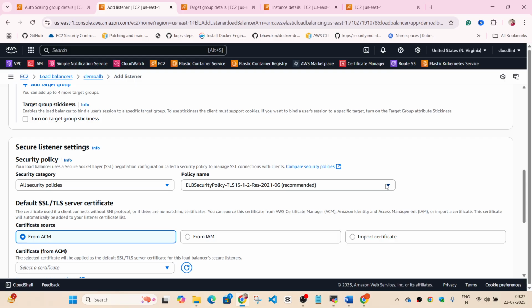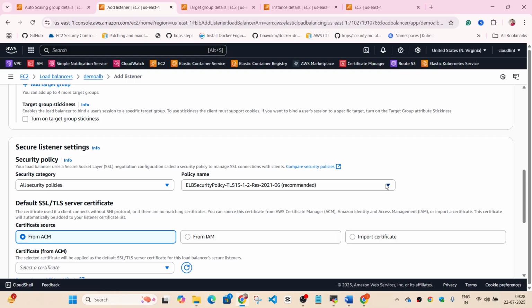So once again, the security policy, you don't have to change anything. In some cases you have to change. For example, I had a case wherein the ALB security policies were not covering some of the algorithms.